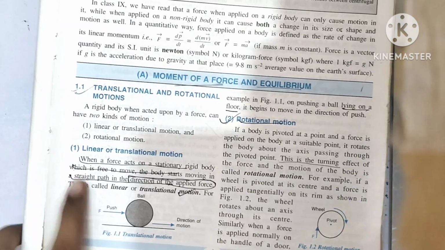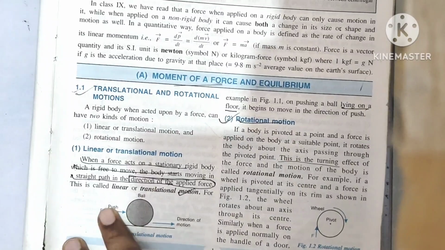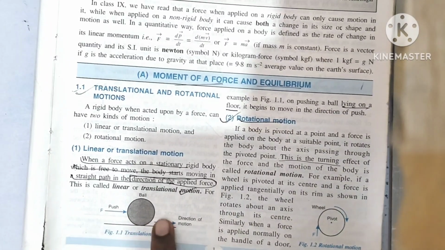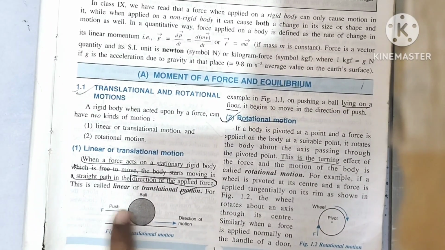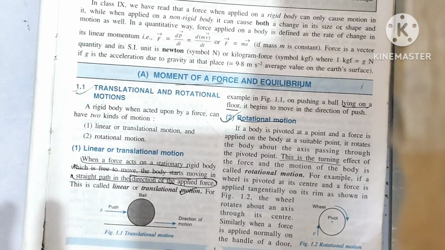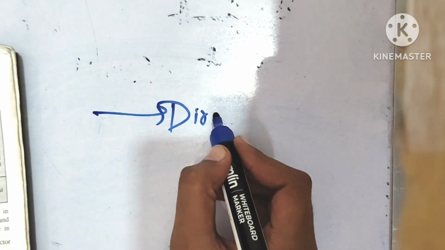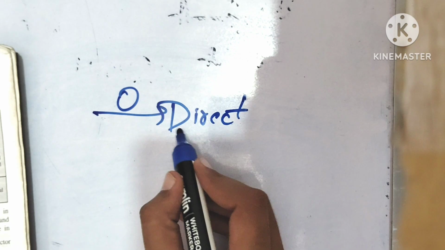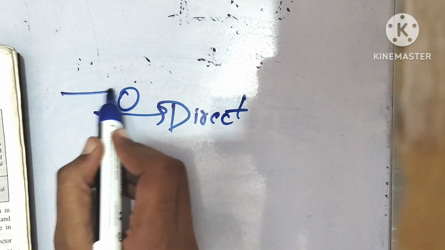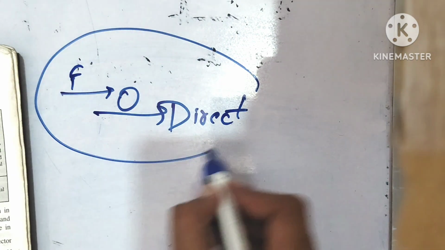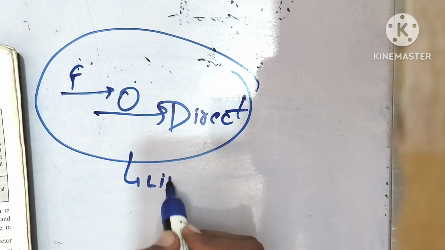So for linear motion, as we are seeing in the given picture, कि हम देख सकते हैं कि एक बॉल है जो continuously मूव कर रही है. इसमें हमने पुश लगाया, पुल नहीं किया. हमने अपने पास नहीं, अपने से दूर किया, पुश किया. तो इसका मतलब in the direction of motion हमने फोर्स लगाया. Let's suppose हमारा direction of motion इधर है, किसी object का direction इधर है और उस पर फोर्स हमने यहीं लगाया. तो that type of motion is termed as linear motion.